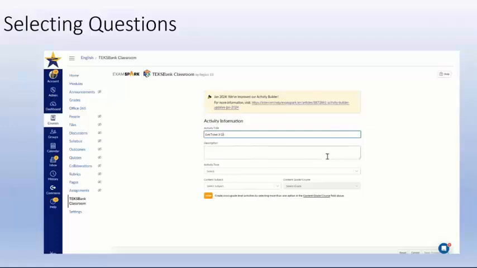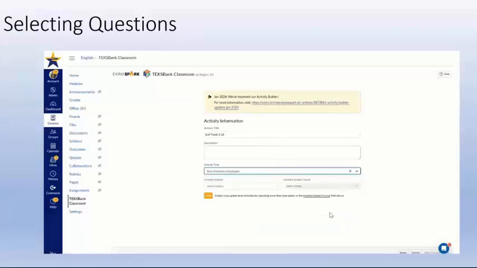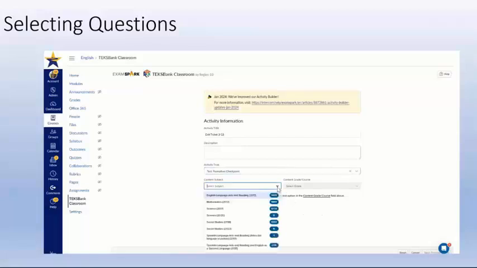I can provide a description and give some information about how I'm going to use this data. I'm going to use it as a formative check-in. So maybe I've taught a little intervention lesson and I want my students to just take a quick 2-question formative checkpoint. I'm going to select my subject